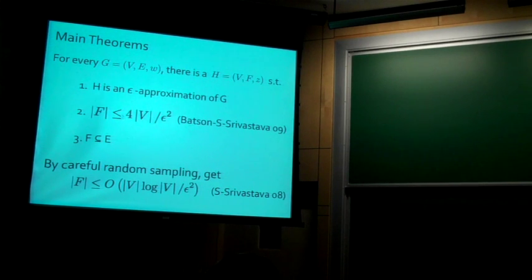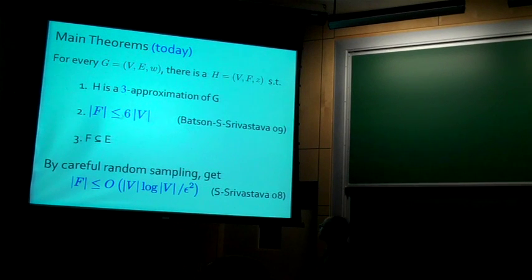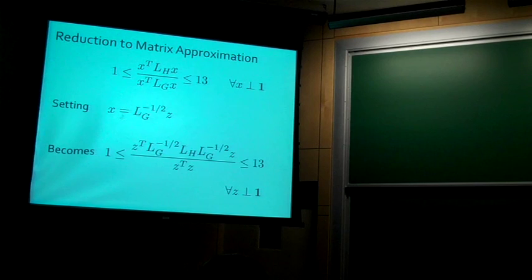But first, I'm also going to prove something a little more concrete. Rather than with epsilons, I'm going to try to do most of the math, and this is what I could hope to teach in one lecture: getting H being a 3-approximation of G and only using at most 6n edges. So I'll often throw in numbers like 3 and 6, and there'll be a 13 that comes in for odd reasons. Okay, so let me turn this into a problem about approximating matrices, which is what it's really about.